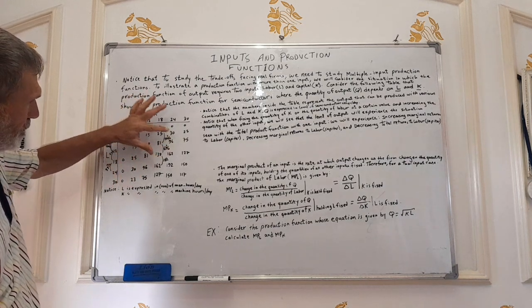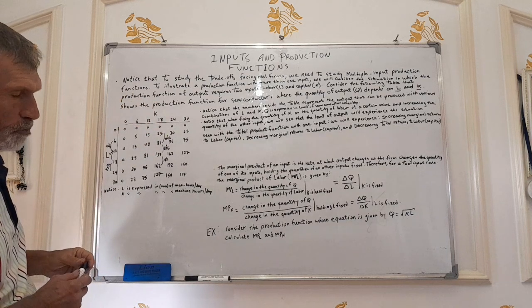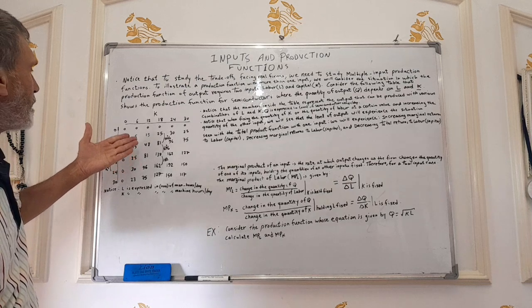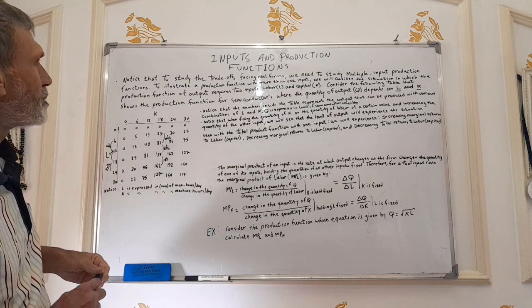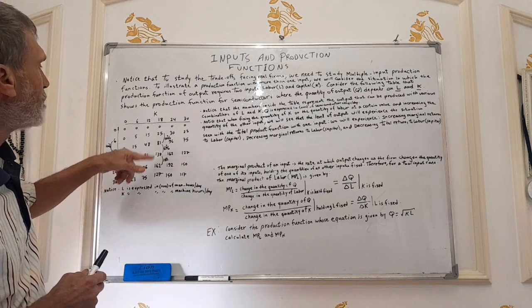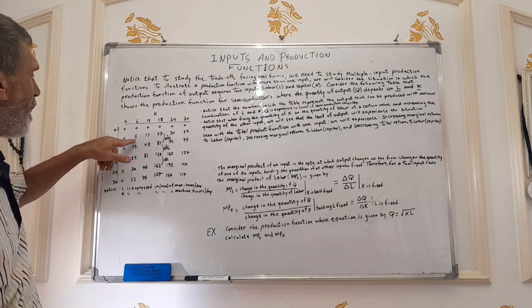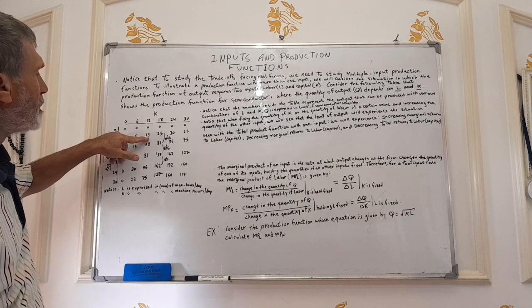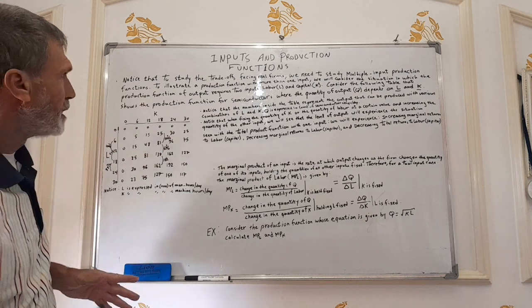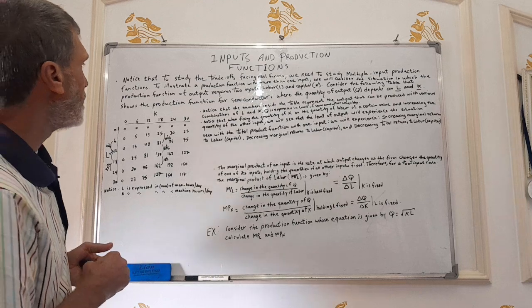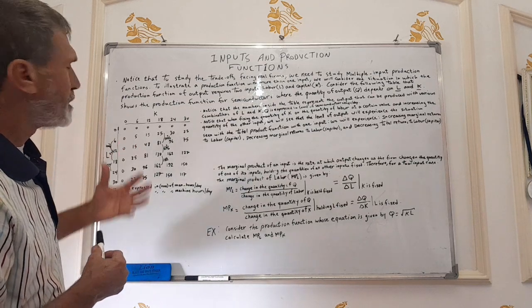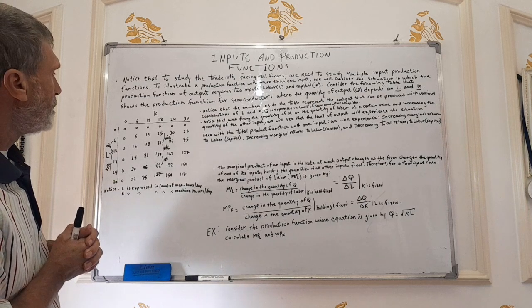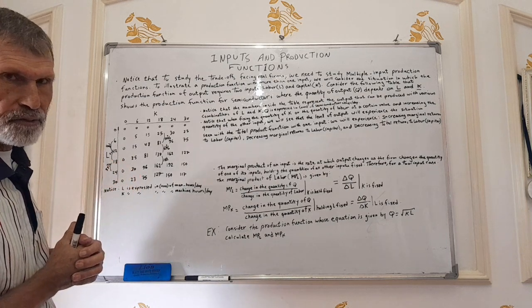Now, the numbers inside this table represent output. Output also is in thousands of semiconductor chips per day. For instance, 5,000 semiconductor chips per day, 15,000 semiconductor chips per day, and so on. Now, if you look at this table, to understand how output changes over here,